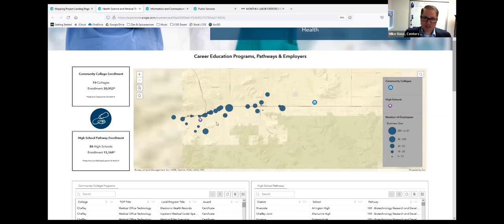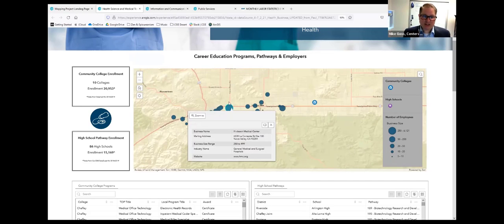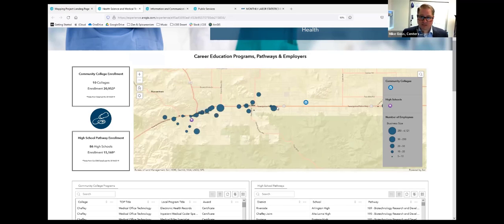So if you select the bubbles, I did notice there were quite a few caregiving type medical institutions out here. So there are even opportunities out here. This is a great opportunity for the colleges and the K-12s to look and see what types of businesses and institutions are around their area, and if they have any programs that align to the business need